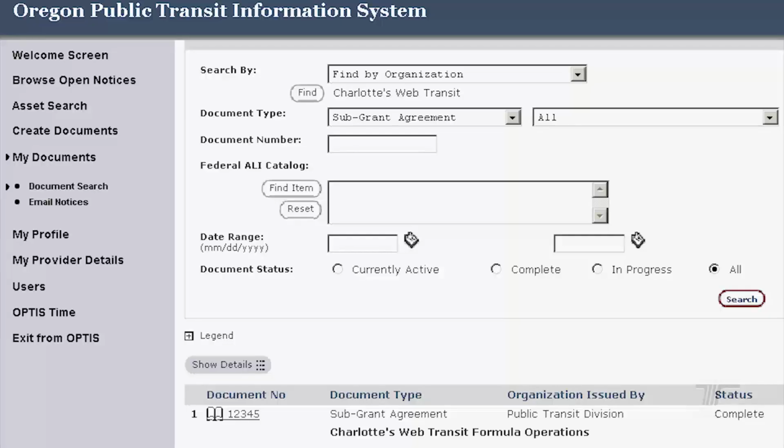I'm not sure of the message that you get when you're in the reimbursement request. It'll just say error or something. It doesn't necessarily tell you, you may not request reimbursement against this agreement because it's currently being amended. It doesn't say that. It'll just say error. So if that happened, I would just go back and maybe do a search for all your agreements and see the status, or you can, if you're in the agreement,